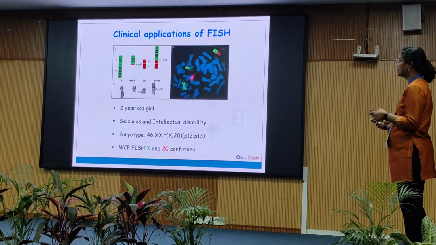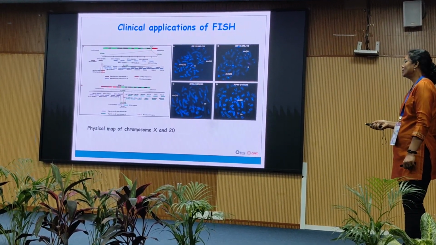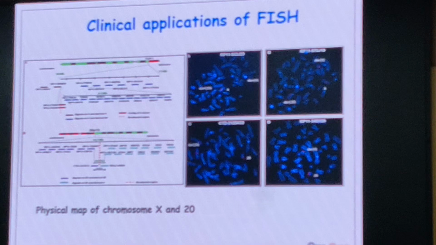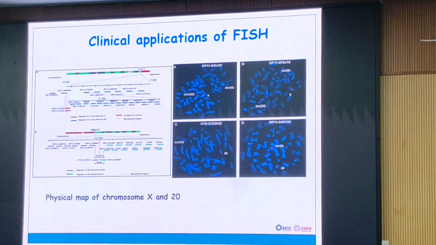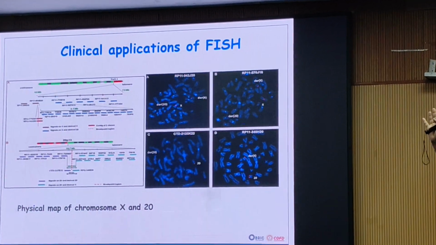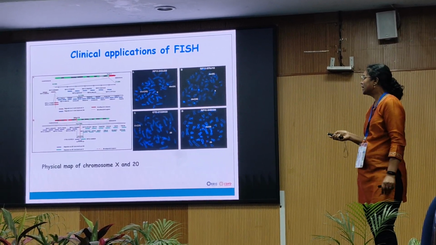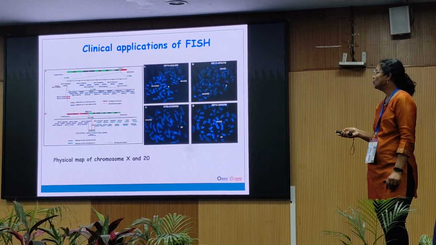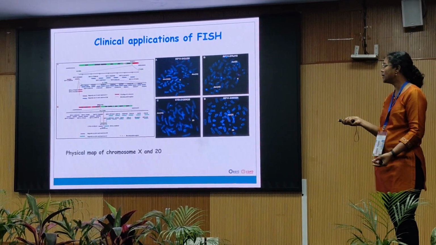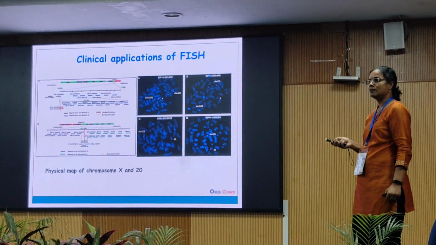What we have done in this case is this: this is a derivative chromosome X and a derivative chromosome 20. All these boxes which I am showing are the BAC clones. A BAC, as I told you, is a bacterial artificial chromosome, a vector which can hold up to 300 kb insert size. These are stored, and you can get them based on position and do FISH. We have worked with almost 30 to 40 BACs and identified a split signal. What is a split signal?